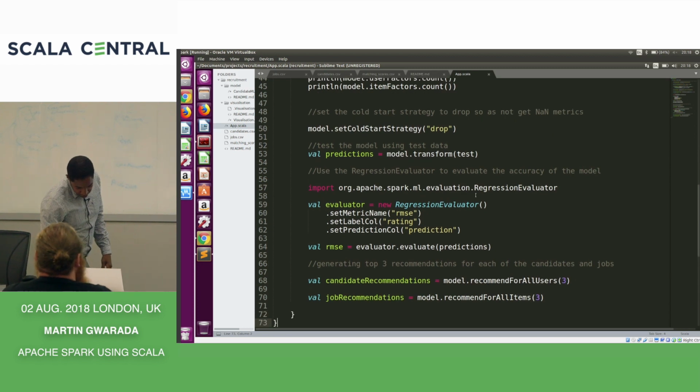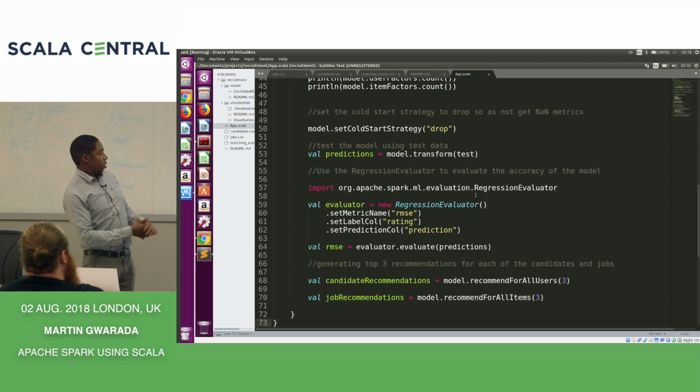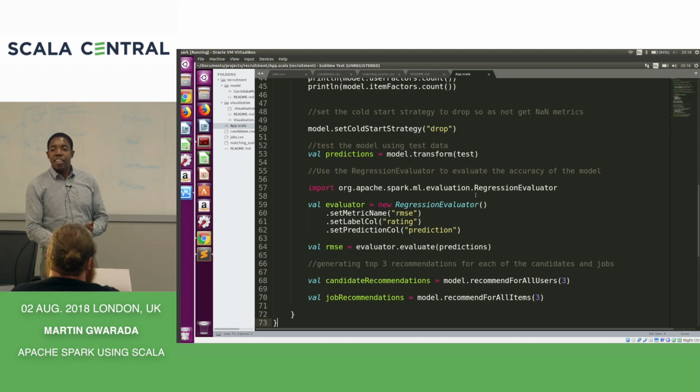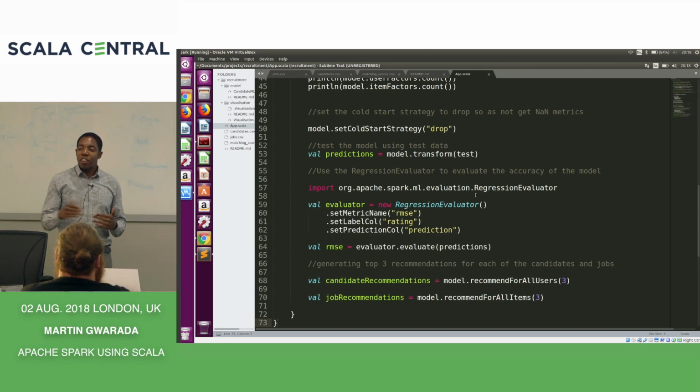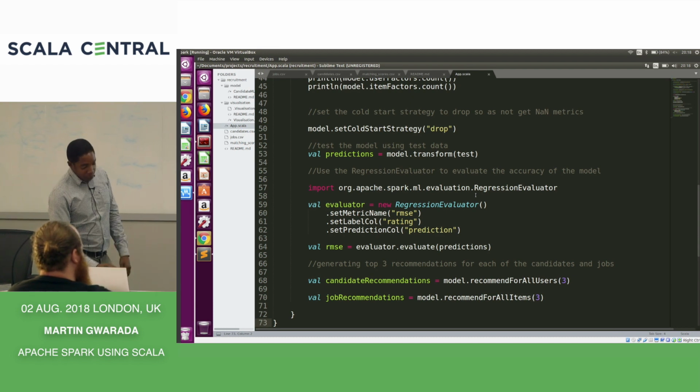And right at the end, I then create the model for all users and for all items basically. Any questions? I know I went through it too fast. All right. Anyway,